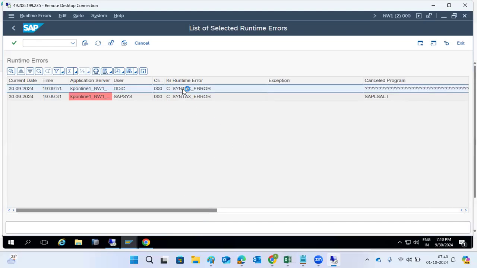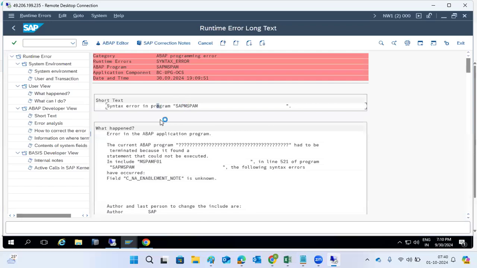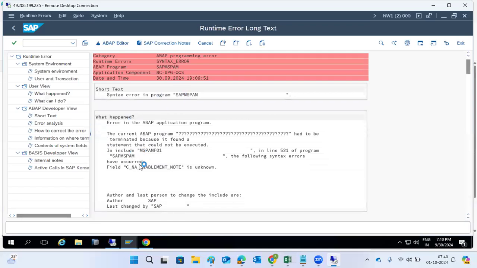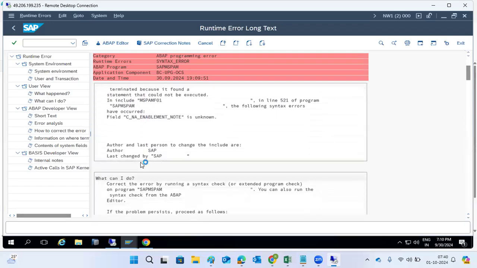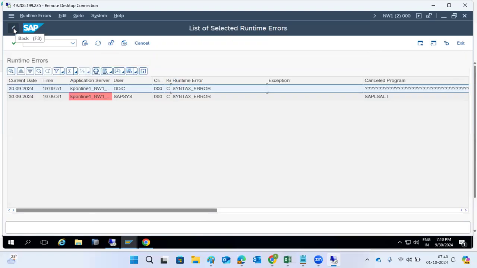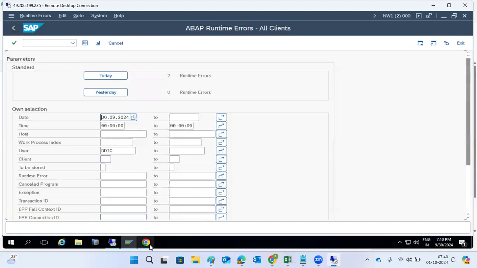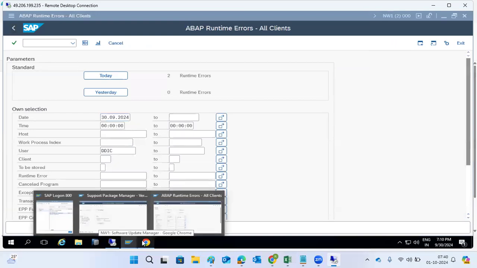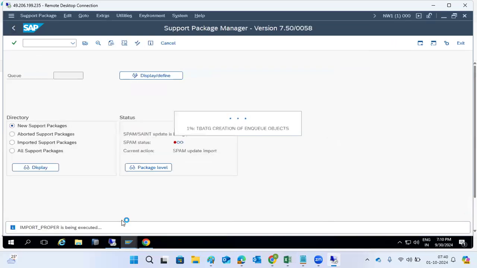That's why we got the error. See, the SPAM foregrounds are getting updated here. While SAP is getting updated, if you open it, you will get the syntax error, the foreground error. Better not to do anything here. Once we complete this procedure,